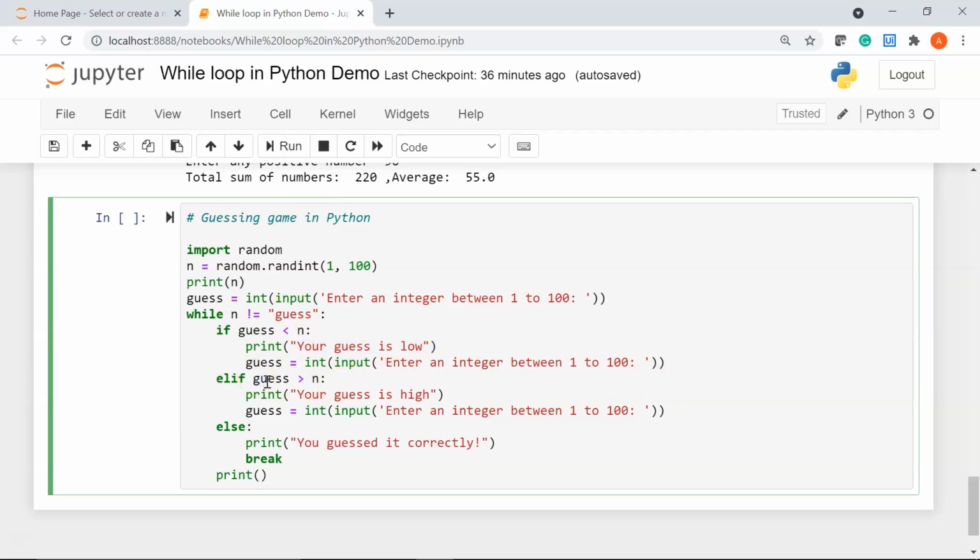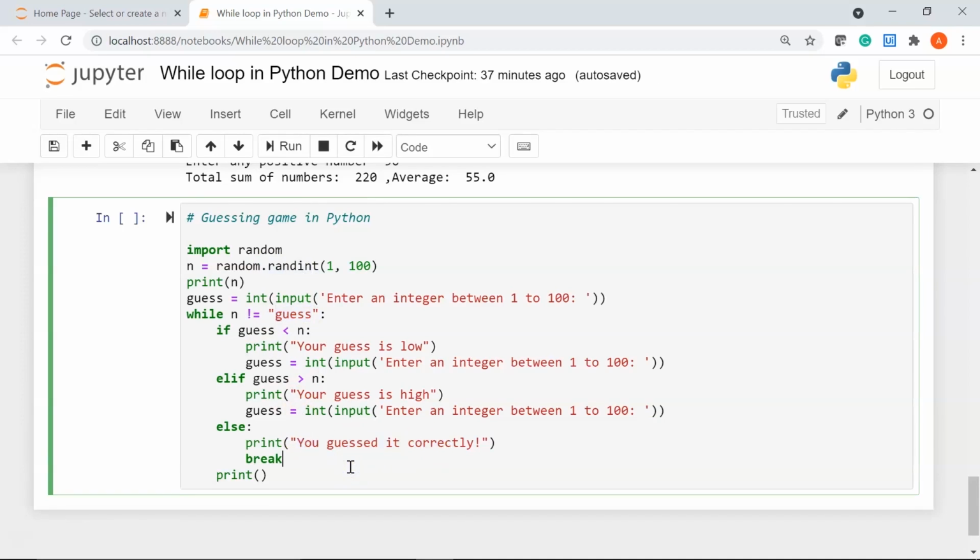Then I'm saying if the guessed value is more than the generated random integer, we'll print your guess is high. Then after that I'm again asking the user to input an integer, and in case the random integer matches with the guessed number, we'll print you guessed it correctly.